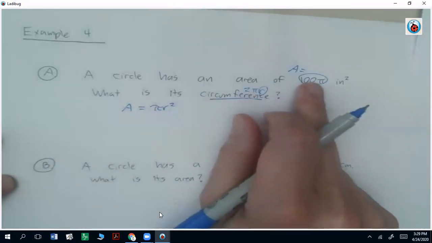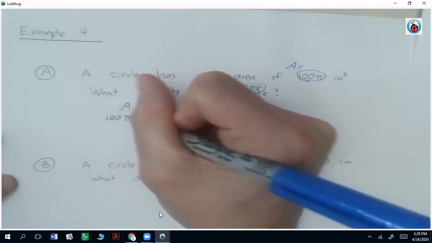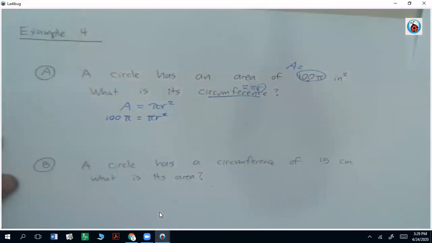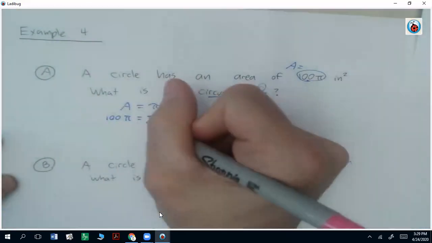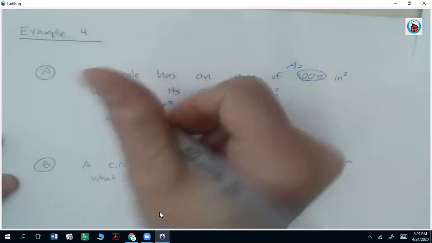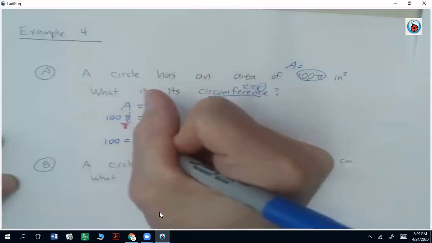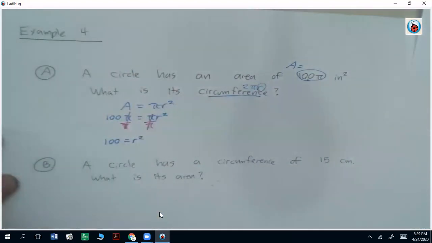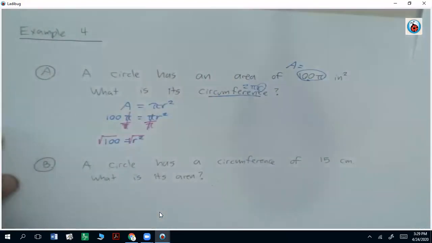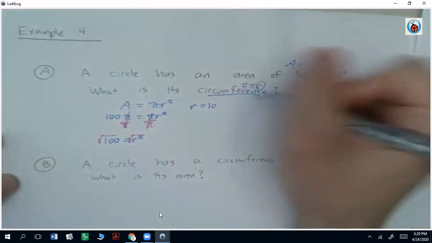So we're going to start by taking this area, which is 100 pi, and we're going to substitute that in for A. We're going to solve it like we did in example 3. Divide the pi's. 100 equals r squared, and the square root of 100 is 10. So since the radius is 10, and the unit would be inches,